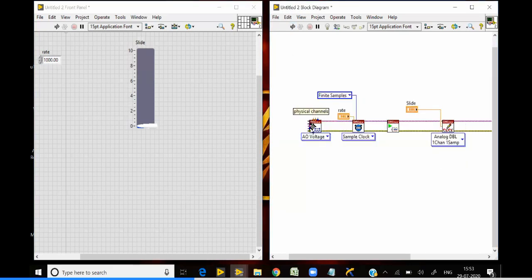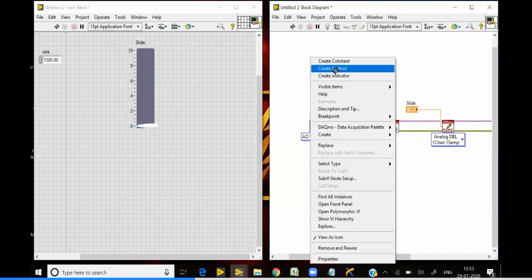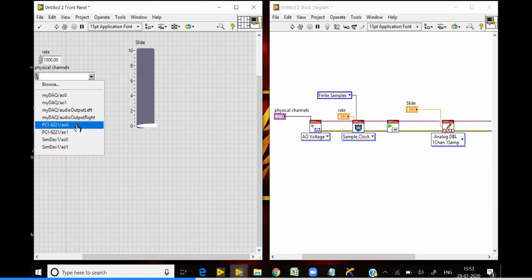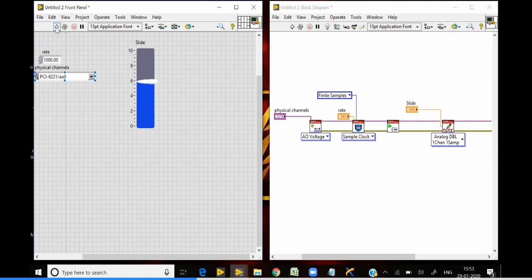Then we need to create a physical channel. I'll expand this. Here I'm using PCI 6221 AO0. So when you run the program, 6 volts will be generated from that.